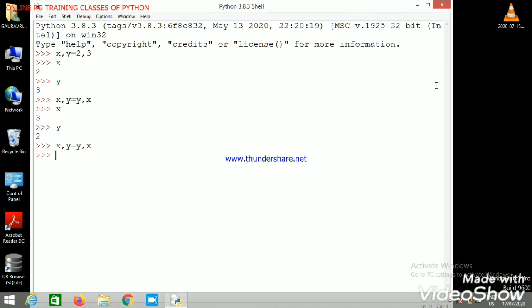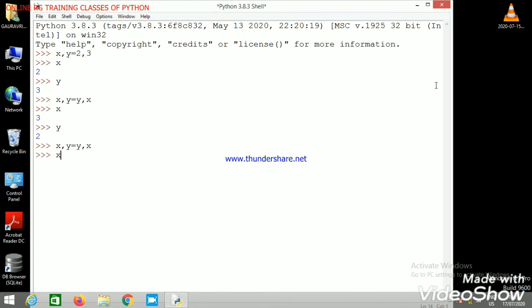The eval function takes a string and returns it in the type it is expected, without any need to convert it further. It evaluates the Python expression.